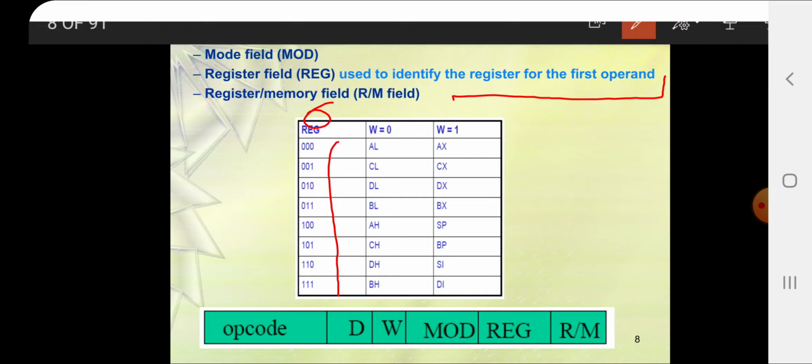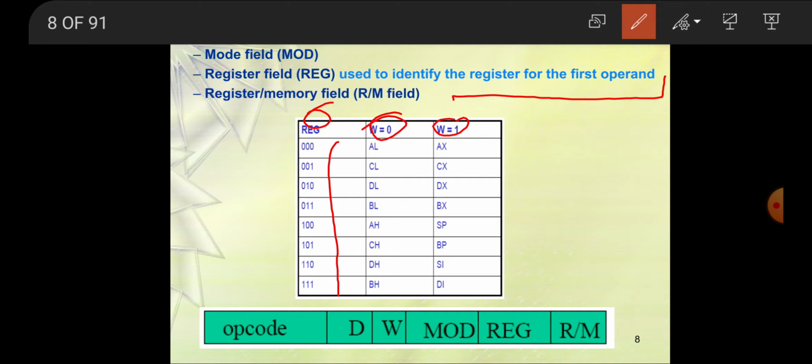Here W0, W1: when W is equal to 0, it performs the 8 bit operation. If you go into the architecture of the 8086 microprocessor, in the general purpose registers there are AX and AL, AH and AL, BH and BL.